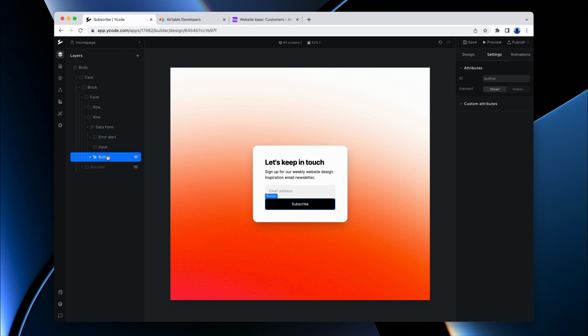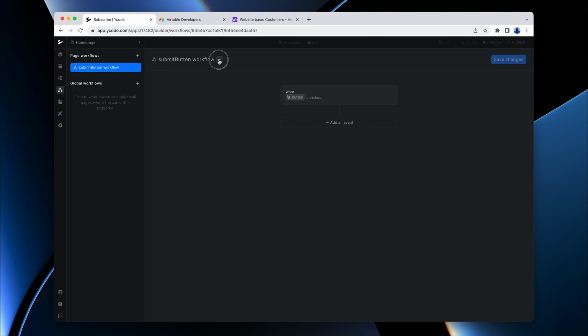So now we want to build a workflow. By clicking the button, we want the form to submit. So if I right click on the button and create a page workflow, I will rename it so to remember what it does. So when button is clicked, we want to submit the form, which will create a record in customers. Let's save,